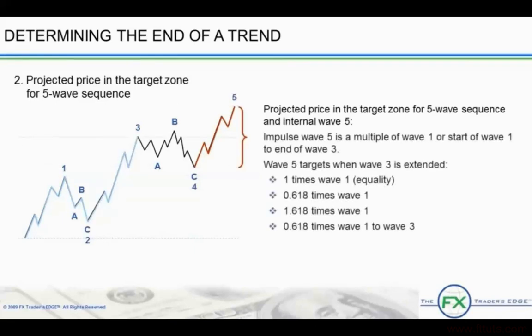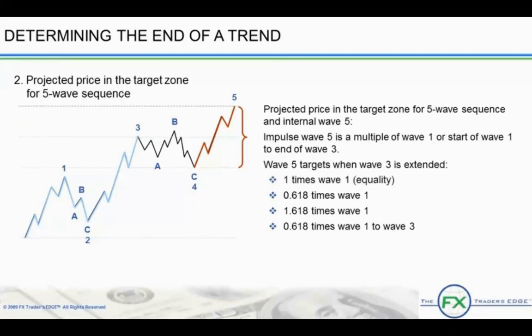Impulse wave 5 is a multiple of wave 1, or the start of wave 1 to the end of wave 3. When wave 3 is extended, meaning that it has traveled further than 1.618 times the length of wave 1, it means that wave 5 will not likely be extended. The probable targets for wave 5 when wave 3 is extended are